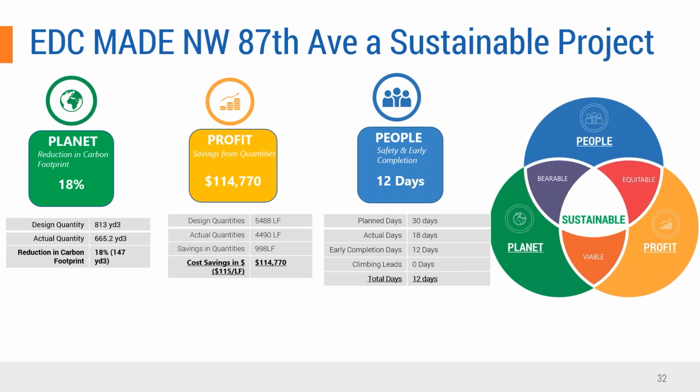Because of that, the actual quantity of the piles was reduced by 665 yards. So there was a saving of 147 cubic yards because of the extra subsurface characterization and the technology. That was an 18% reduction in quantity, which means a lower carbon footprint because of the concrete. The design quantities were around 5,488 linear feet, and the actual quantities were 4,490 linear feet. And the cost savings purely based on that material savings, because the contractor bid at $115 per linear foot,